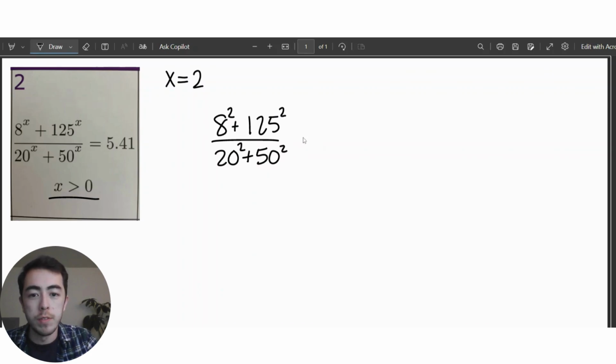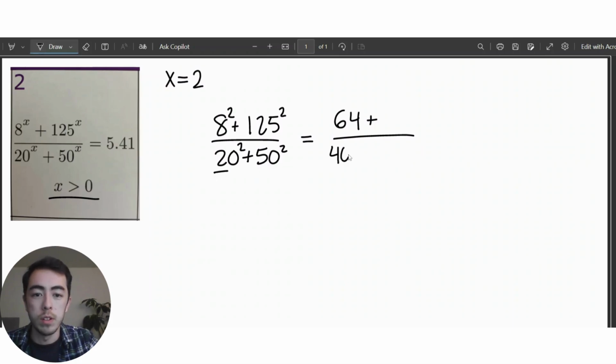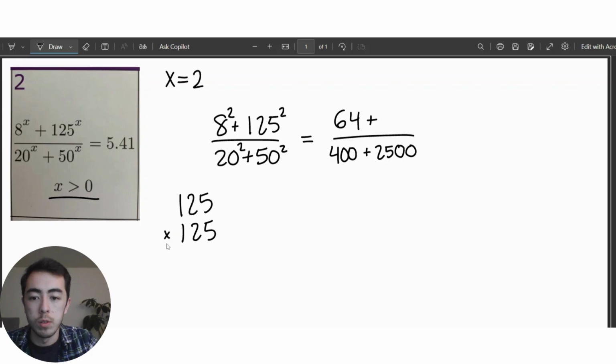And I've memorized a few of my square numbers, so I know that 8 squared is just 64. I don't know what 125 squared is off the top of my head. I know that 2 times 2 is 4, so 20 times 20 should have 2 more zeros. And then similarly, I know that 5 times 5 is 25, and so 50 times 50 should also have 2 more zeros. Now, let me just do that 125 squared down here, and I'll just do some nice classic long